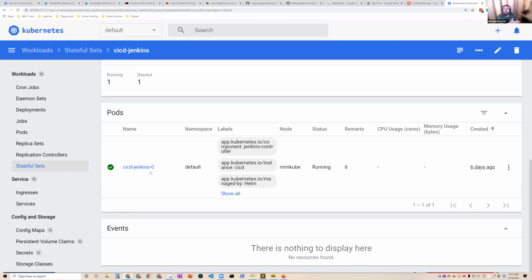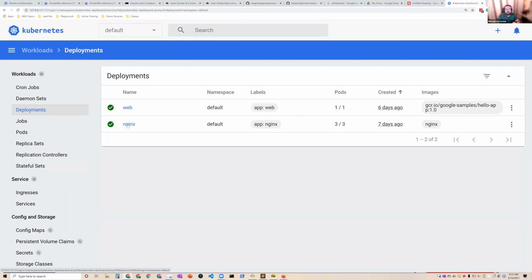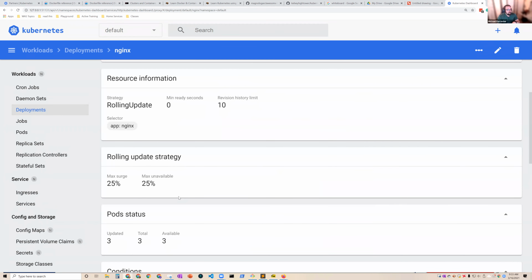Because if this was a MySQL database, you can't just willy-nilly add instances to them. There's no such thing as a MySQL cluster unless you do something advanced, right? So stateful sets maintain a persistent name for all of its deployments. If I go look at this deployment, and I look at Nginx and I go look at the number of pods,